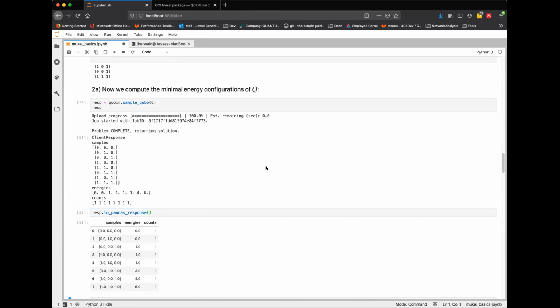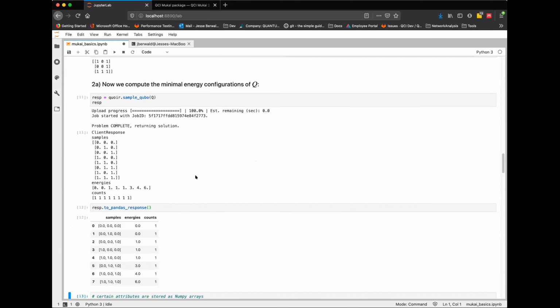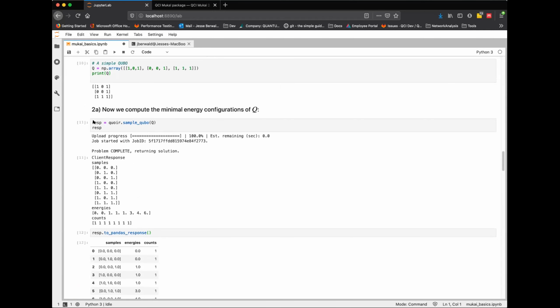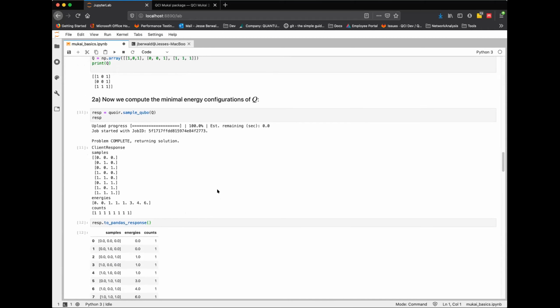This is a nice opportunity to show that if you do a fair amount of data analysis, you can't help but have noticed that there are data frames out there. And you can possibly do better, easier analysis with the data frame. So there's a quick, easy to-pandas method, and so you can do whatever statistics you might want there. In this case, this is actually a 3x3 matrix. It's 2 to the third. There are only 8 possible solutions one will ever come up with. So that's what we're seeing here.